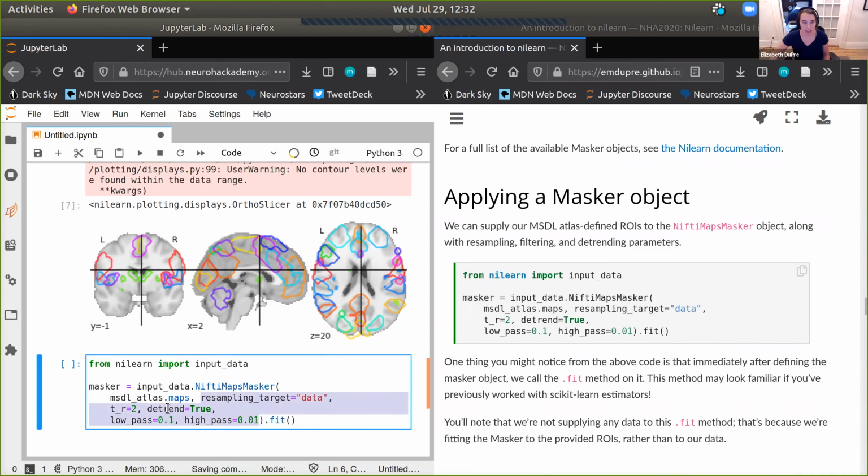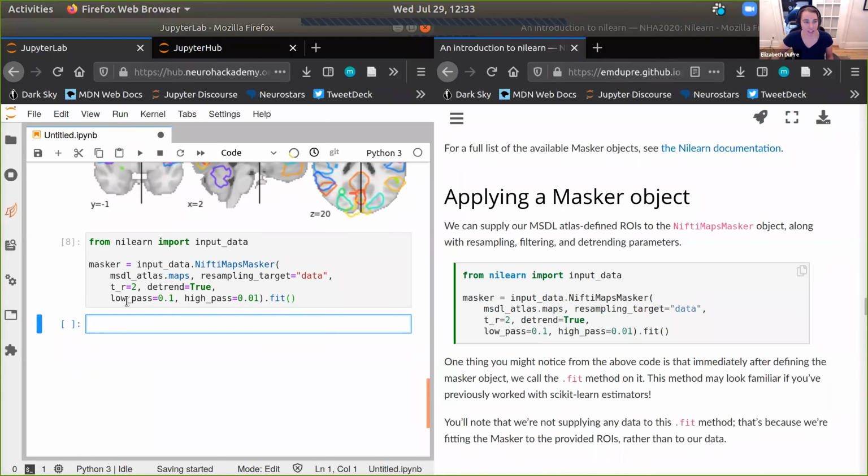That's basically z-scoring it over time. Hold on, I just don't know if I lost my internet. No, okay, it worked. Don't know what that was about. So, z-scoring it over time. And then you can do this low and high pass, which is the band of frequency values through which you want to allow signals to pass.